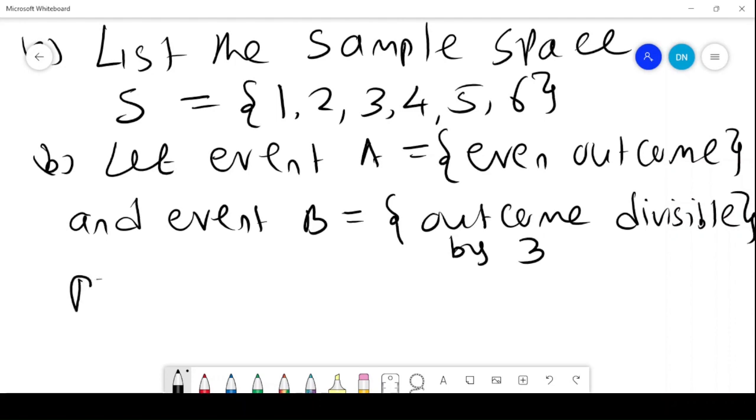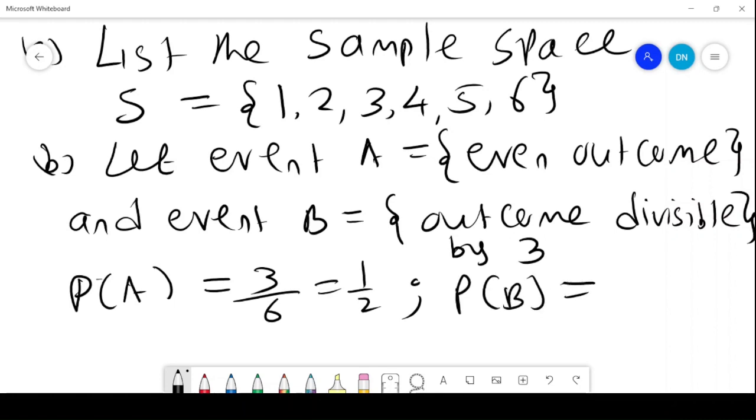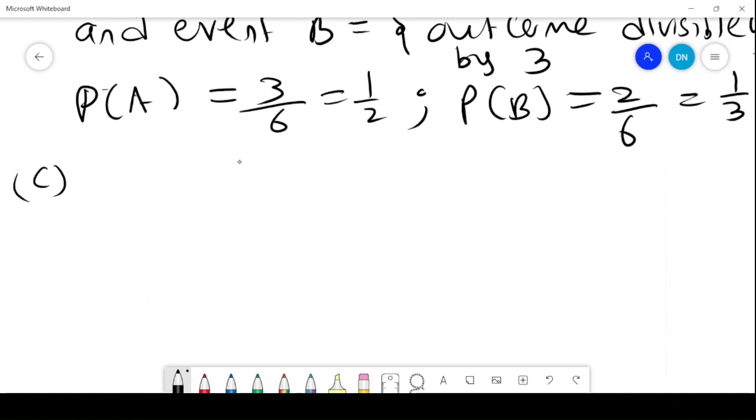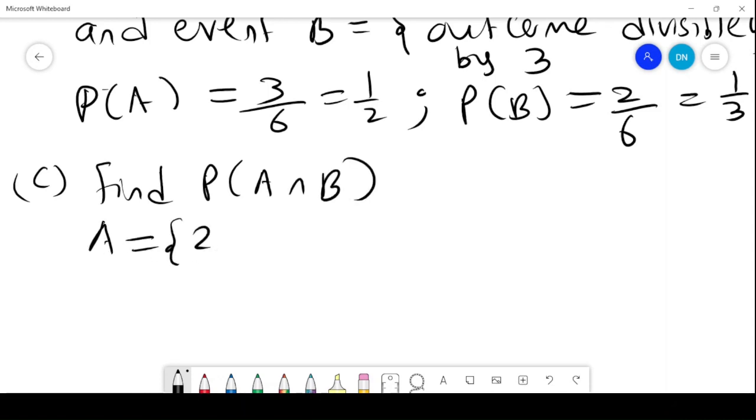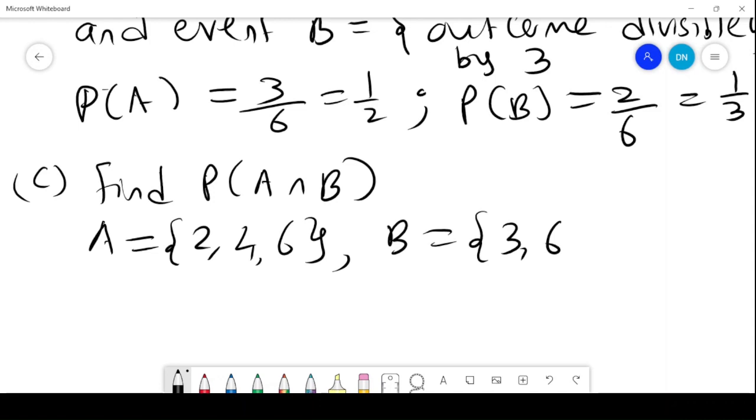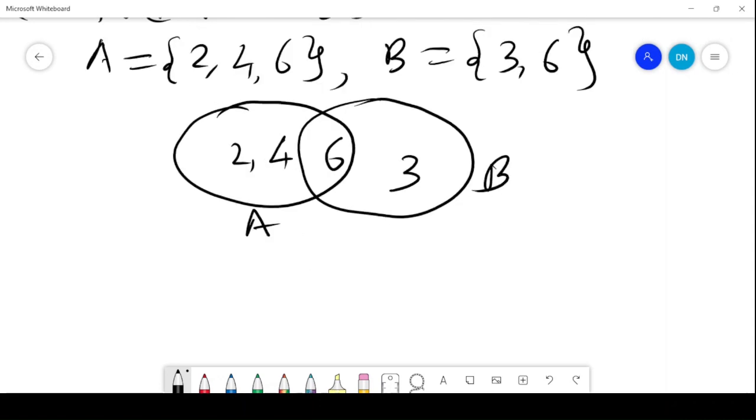So probability of A will be all the numbers. You have 2, 4, 6, which is 3 over 6, which is a half. And then probability of B are all the numbers divisible by 3, which is 3 and 6, which is 2 over 6, which is 1 over 3. One of them is we want to find probability of A intersection B. Remember that A is equals to 2, 4, 6 and B is equals to 3 and 6. So that is what we have, and therefore I can comfortably say that